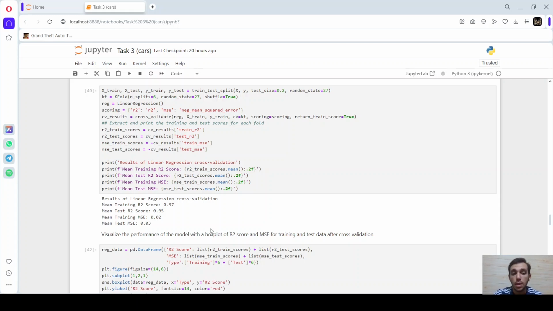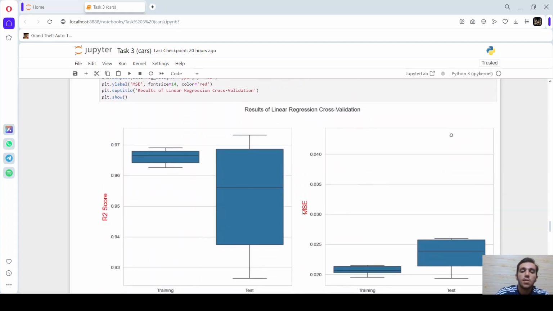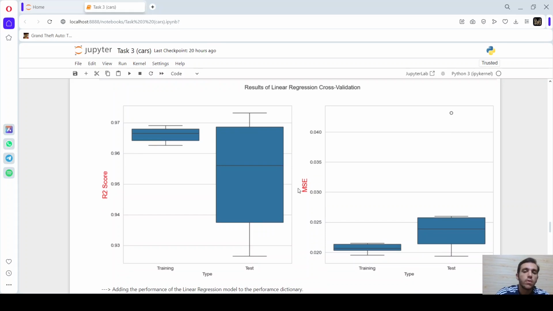So the results are pretty high. We got like 97% and 95% respectively for training and test R2 scores, and a low MSE for training and test data. So here are the results of our cross-validation